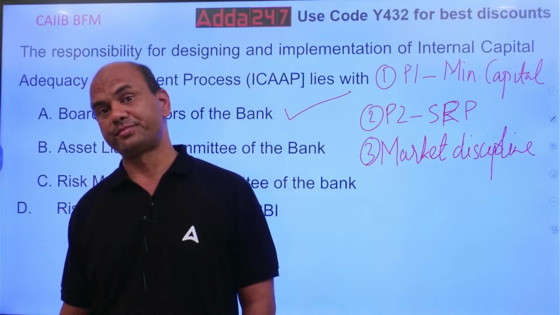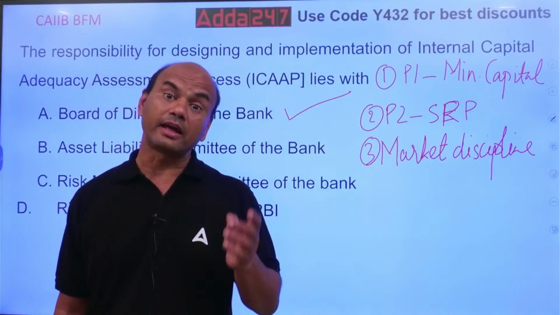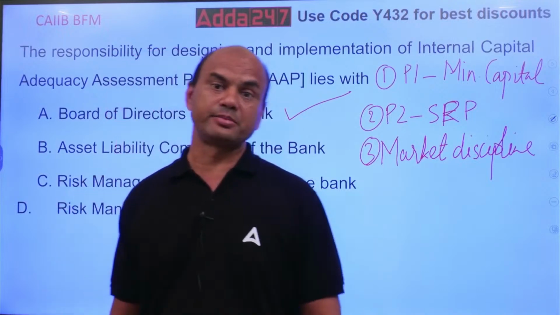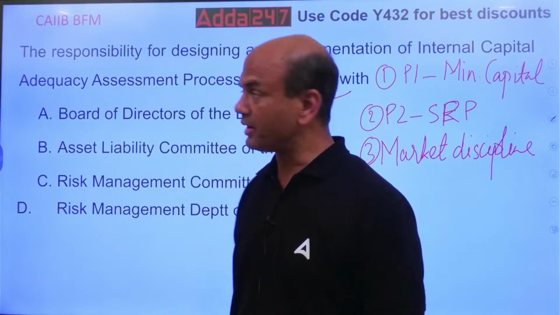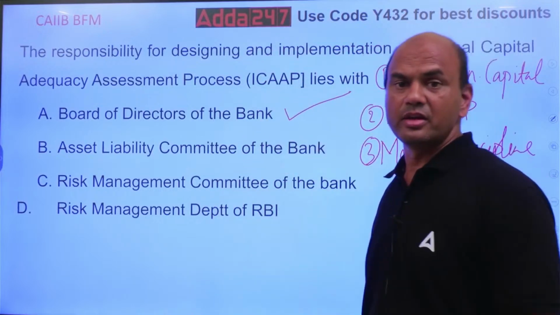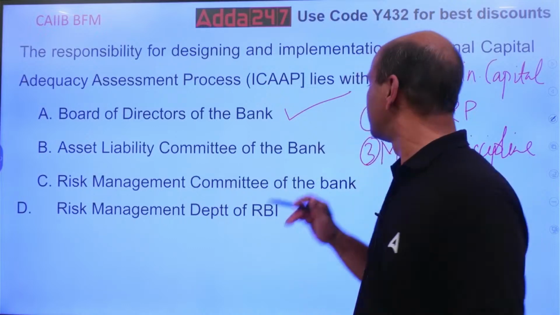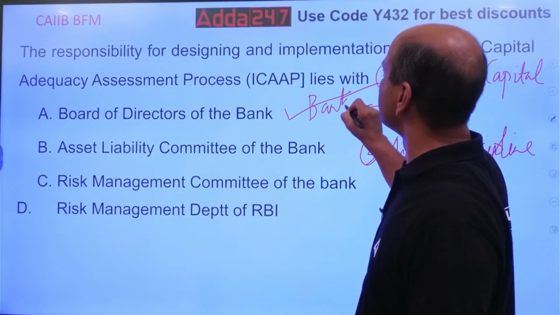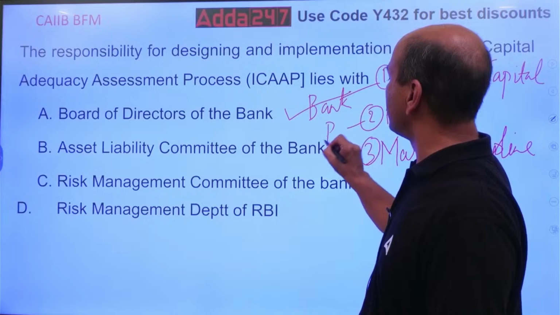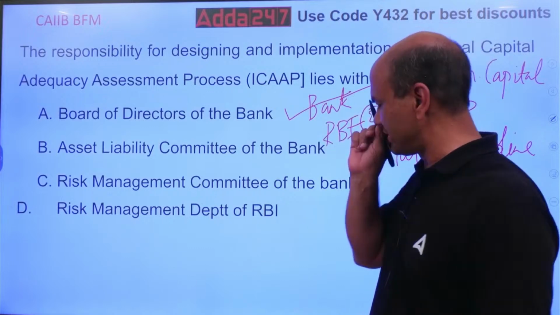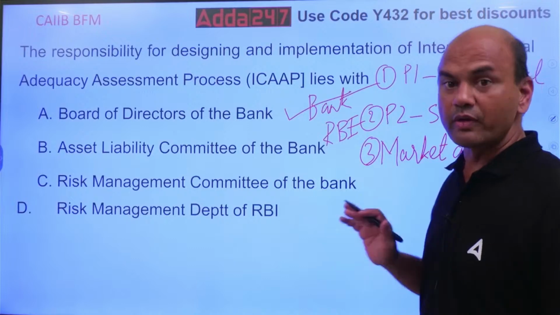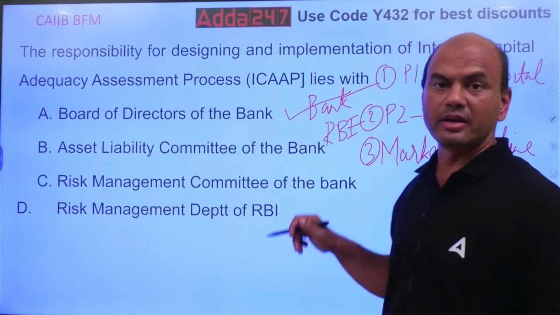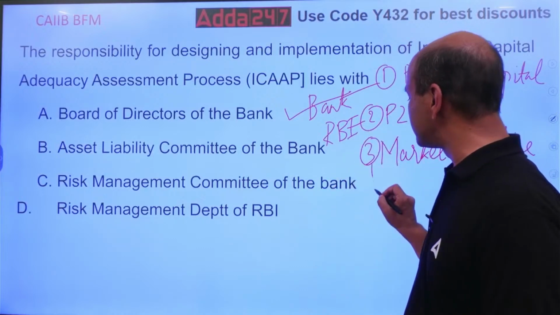Pillar 1. Pillar 2, SREP. There ICAAP has been added. ICAAP means this one, the capital adequacy assessment framework. Okay. So this ICAAP has been added. Now what is this ICAAP? Kindly note few points. This Pillar 1 is done by the bank. Each bank individually will do this Pillar 1. This is generally done by RBI or auditor, whoever does the audit. RBI does the audit, even the auditors do the audit. So RBI or auditor. And the third one is for the investor.